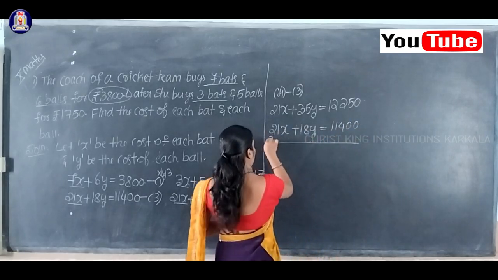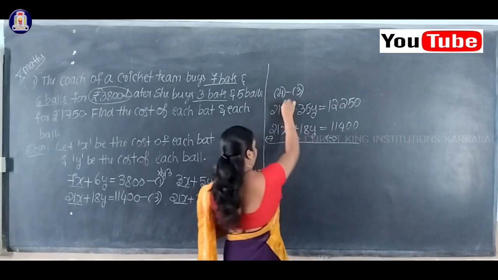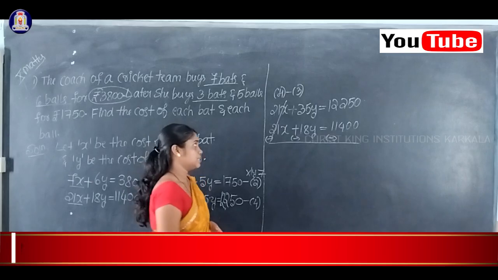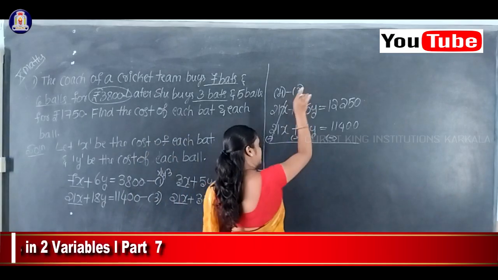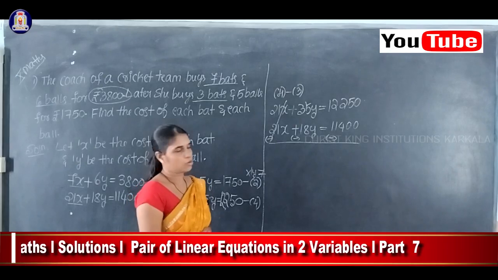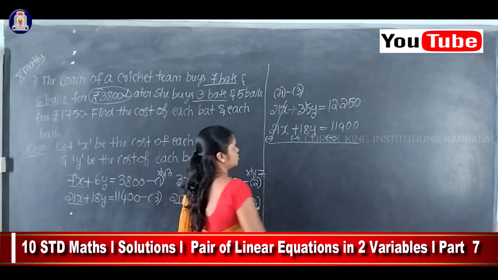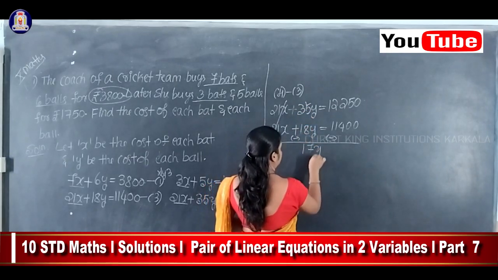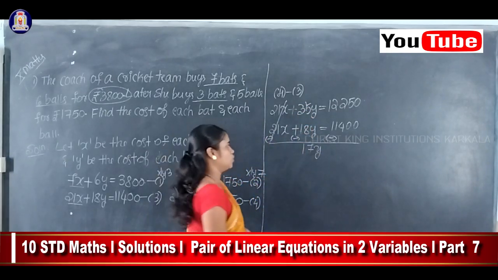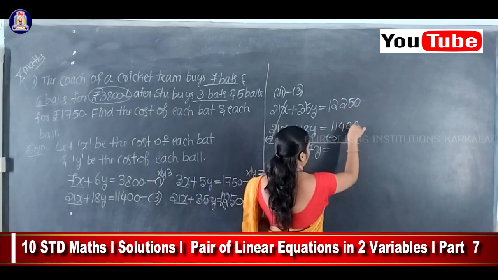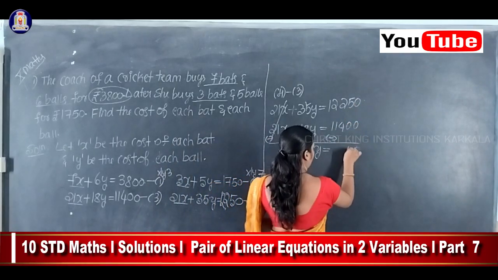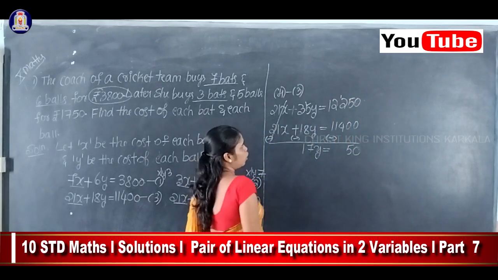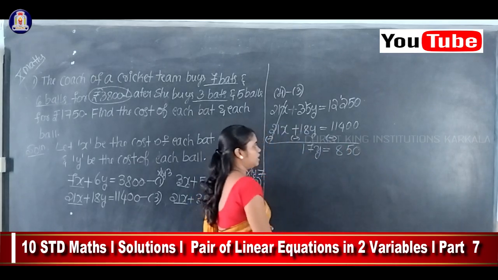We'll change the sign now. 21x and 21x will get cancelled. Plus 21 and minus 21 get cancelled. 35 minus 18, how much? 15 minus 8 is 7, 7 carrying here. So 2 minus 1 is 1. You will get 17y equal to 0 minus 0, 0. 5 minus 0, 5. 2 minus 4 not possible, 12 minus 4 equals 8. So you will get 850.